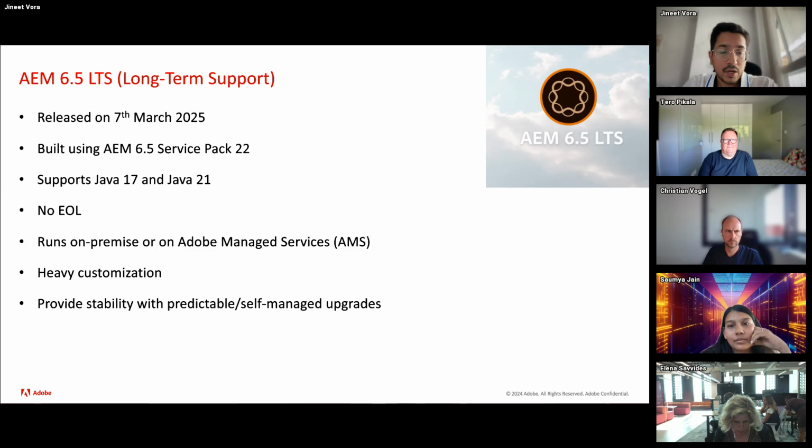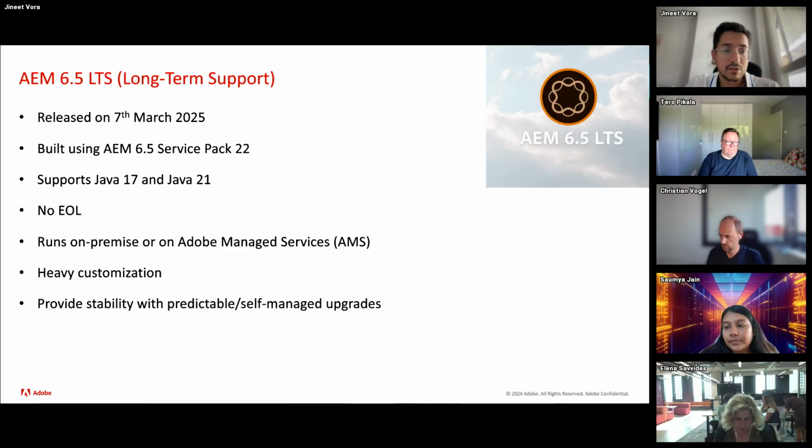Now, this product does not have any end of life because it's relatively new and it is replacing AEM 6.5. And same as AEM 6.5, it supports on-premise and Adobe Managed Services. It's made for heavy customizations, as you already know from AEM 6.5.